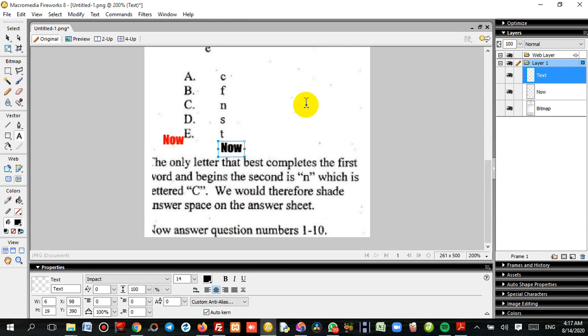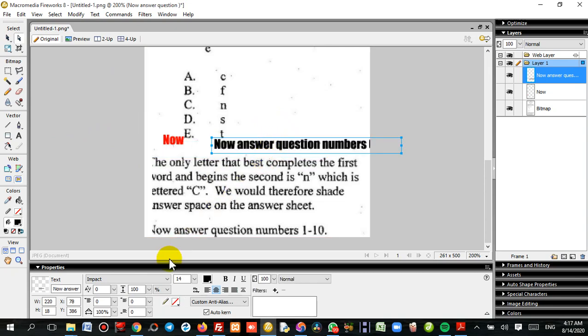Now answer question numbers 61 to 70. Now you can see the font style is too thick, so if you look at the font, it is Impact,